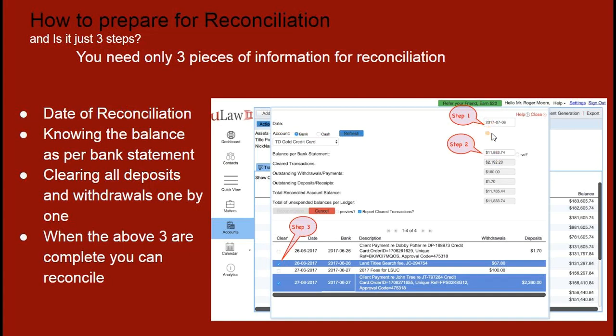We spoke about the balance. So step 2, really understanding the balance. Of course, you log into any of your bank accounts. If you're doing online banking and you choose a particular month, you would certainly see the balance. If you scroll down, whatever you see as the outstanding balance for that particular date range is what you have to input here.